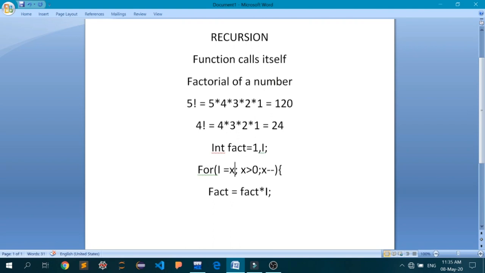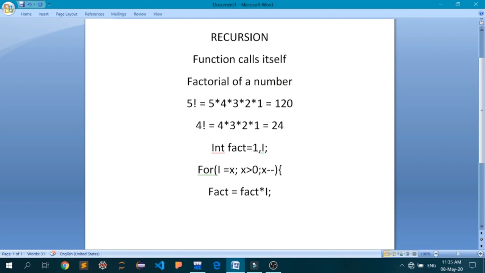I will keep going through this loop until the value reaches 0. For the loop to continue, the value must be greater than 0, so the last value must be equal to 1, not 0. And at every iteration of this loop, I will decrement the value by 1.